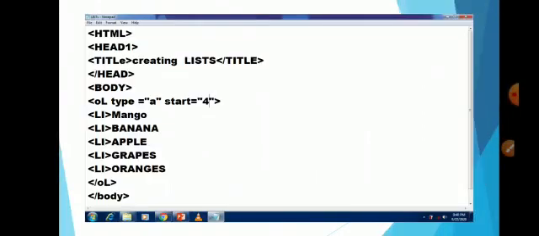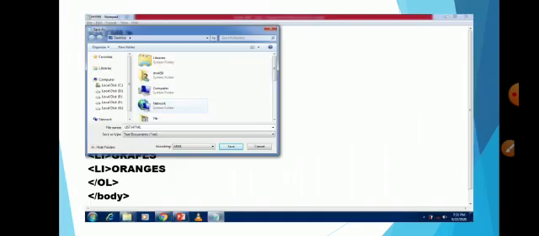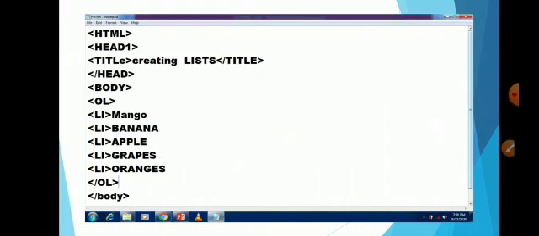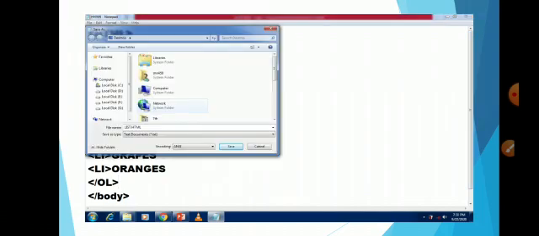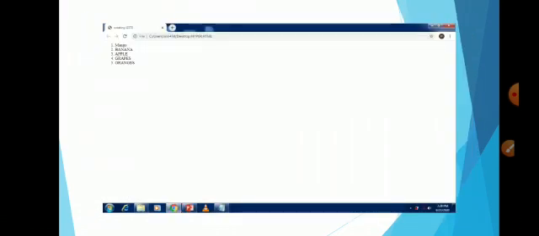Okay, now next one is again OL tag only, it is the ordered list only. I hope you understood this. It is an ordered form, saving like this. Write down whatever tags are there, the program you have to write down like this, and then it will run like this.